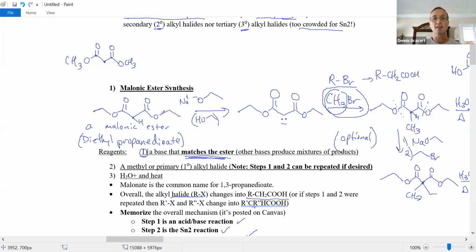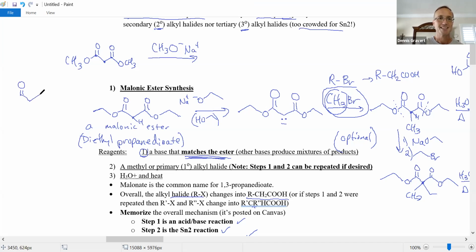So if you have ethyl groups at the end of malonic ester, you have to have an ethyl group on oxygen. If you choose this one, where there's methyl, well, then your base has to match the ester. This methyl with an O, that's the form of your base. And if you want to put an Na there, you can. Or you just draw that. I'm fine with that too. If you had isopropyl,